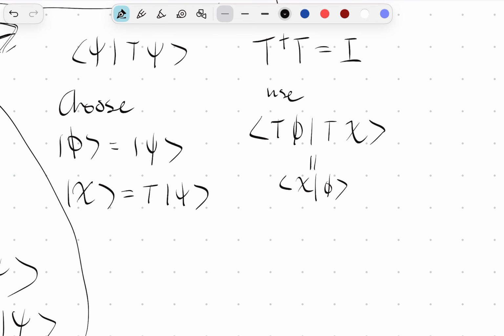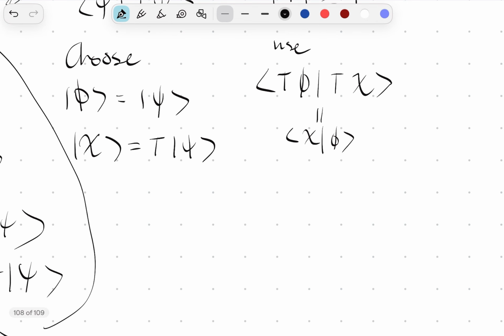Okay, that should be a little more straightforward. So that then the operator, if we double apply it, that should give us